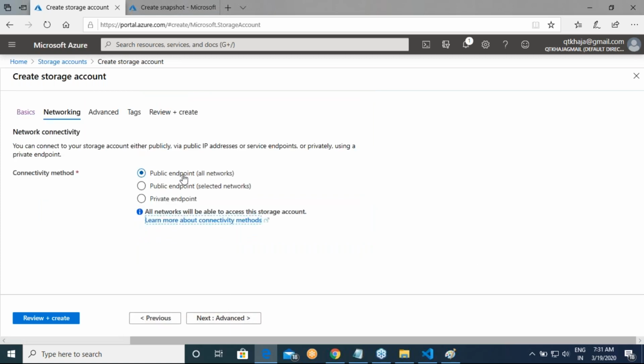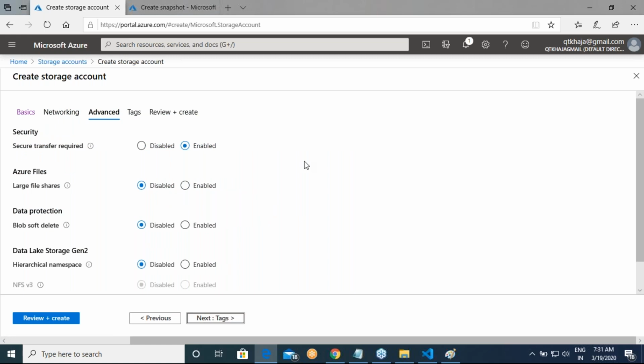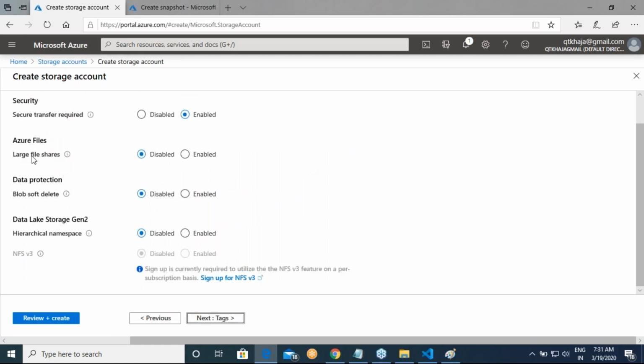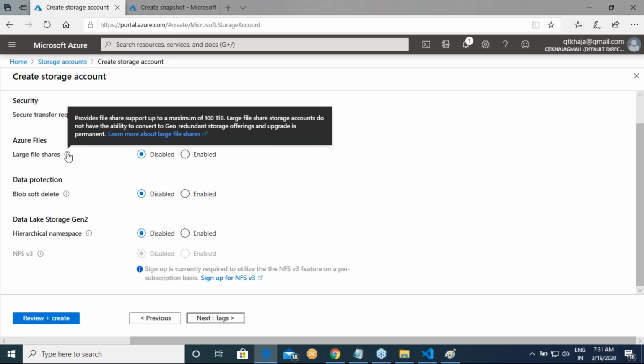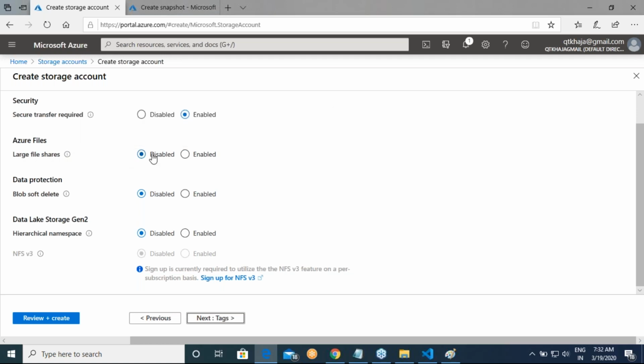Okay, now are you seeing network? It speaks about, do you want to give a public endpoint? Do you want to give a public endpoint only to selected networks, or do you want to give a private endpoint? Private endpoint is connectivity from your on-premise or whatever network to Azure file storage using some sort of VPNs. Okay, so then it is asking, do you want Azure large file shares? If the data is more than 100 terabytes, it is disabled.